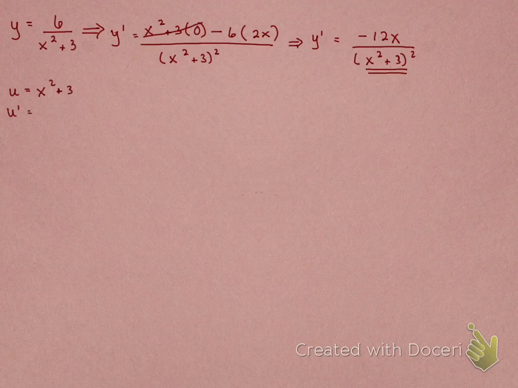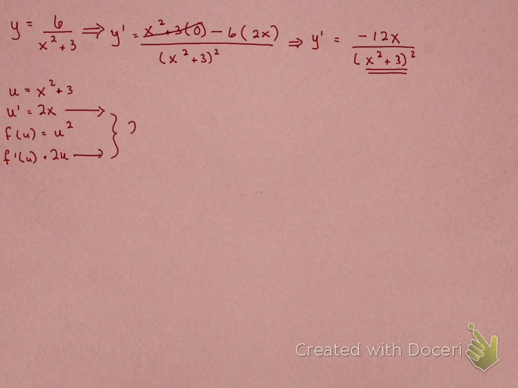U prime is 2x. F of u is taking the u function and squaring it, and f prime u is 2u. So we've got u prime times f prime u,